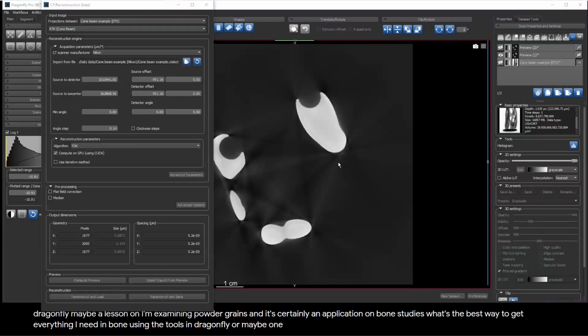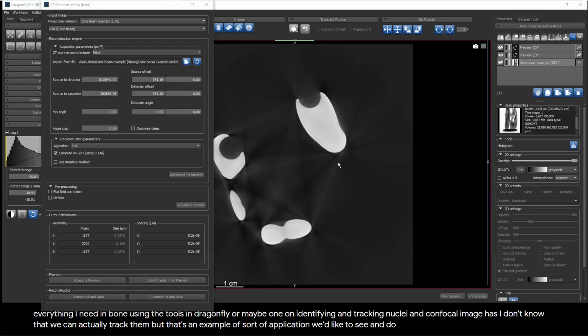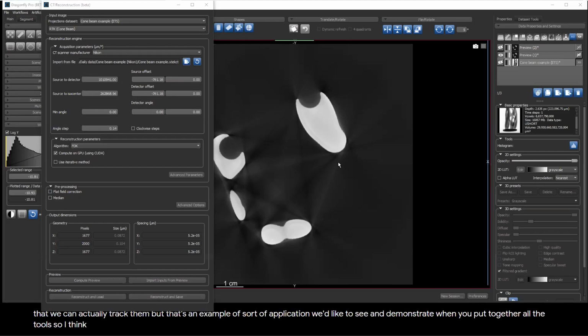Or maybe one on identifying and tracking nuclei in confocal images. I don't know that we can actually track them, but that's an example of the sort of application we'd like to see and demonstrate when you put together all the tools. So I think what we'll do is probably build an applications series, and then probably next year, if I can